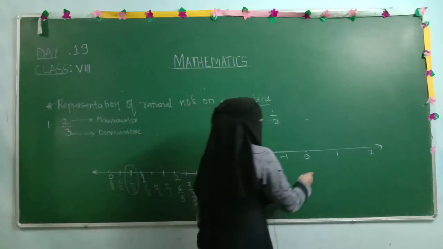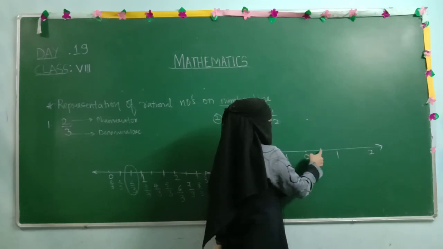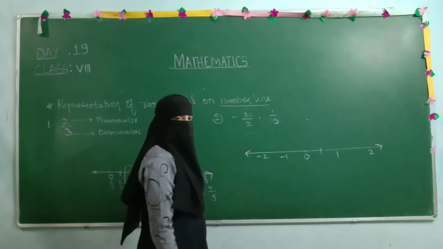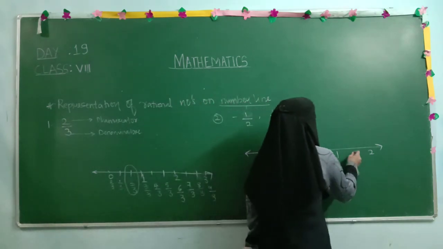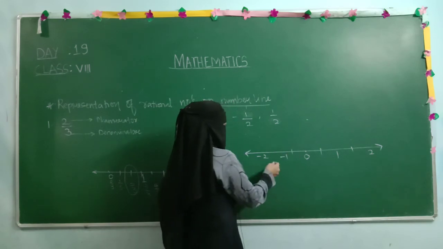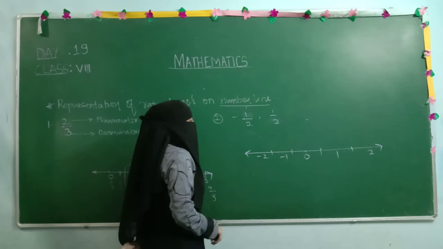2 equal parts. So here I will just write, divide. From here to here it is 1 part, and here to here it is 2 parts. Into 2 parts this complete 1 unit we have divided. Similarly this 1 to 2 also we need to, on the left hand side as well. This is the division we have done. Now we need to represent the numbers on the number line.